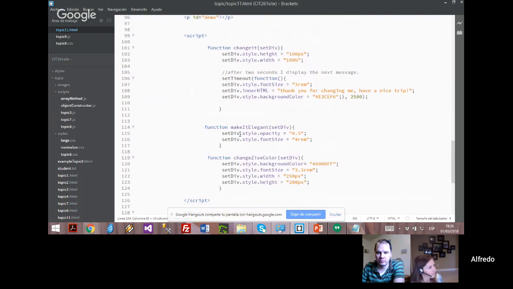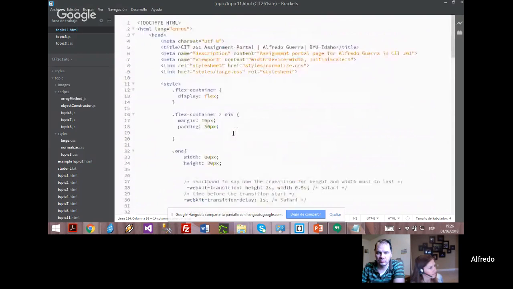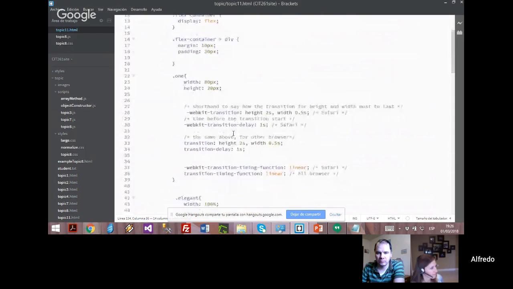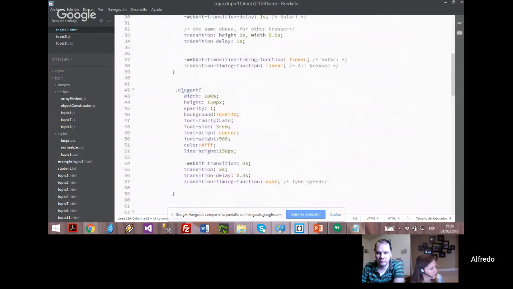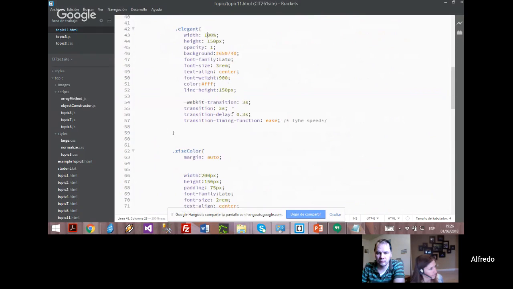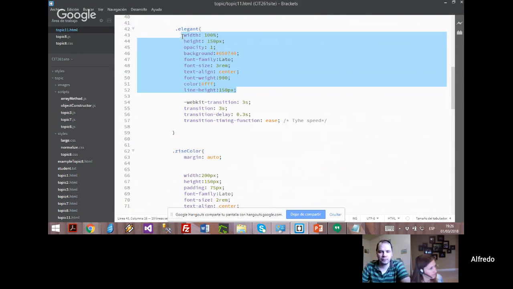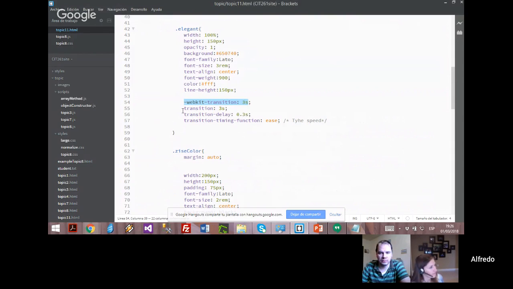The class elegant has some properties for the square, the space, and all the default properties, and I create a transition that changes the default